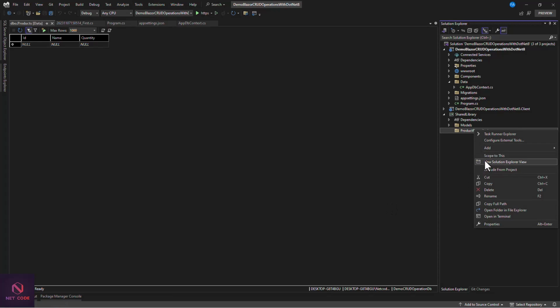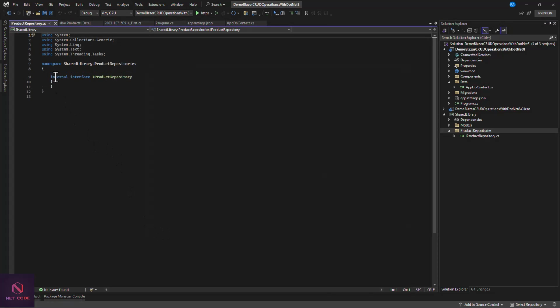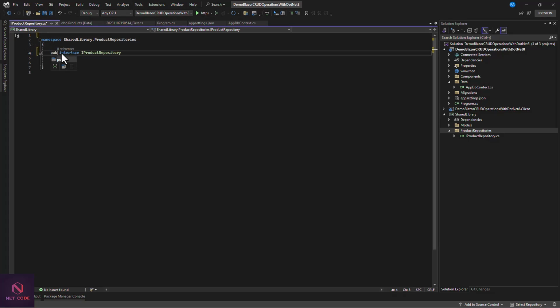So right click on this, and now let's add an interface here. So class, and I choose interface, don't forget. And I'm going to say IProduct. So there's an IProduct repository. So that is this one. Now with this IProduct, first of all, let's make some cleanup. And here, let's make this public. Since we are putting this in the shared project, it means both can have access to it. Yes, it's in the free range. Now let's have